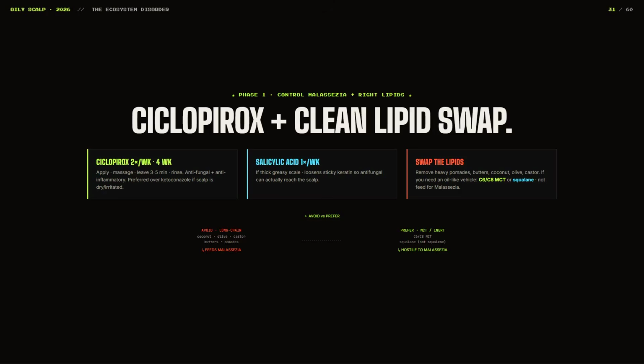Sometimes it may help, but I would probably revert to using a lower chain medium chain triglyceride, something like C6 or C8 MCT oil, or even squalane in a minimal amount. I would not use it as a replacement for antifungal therapy if the person has active seborrheic dermatitis. I would use it as a safer vehicle choice when the scalp needs lubrication without feeding Malassezia, the same way